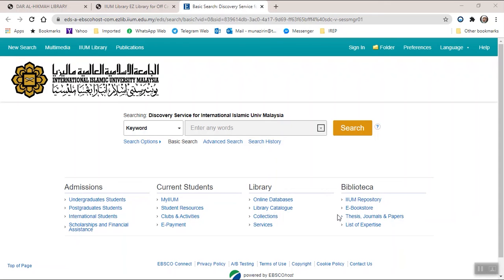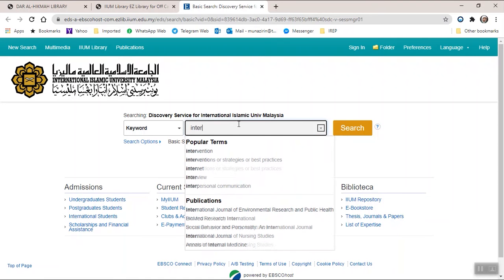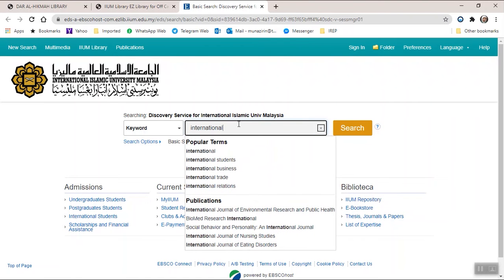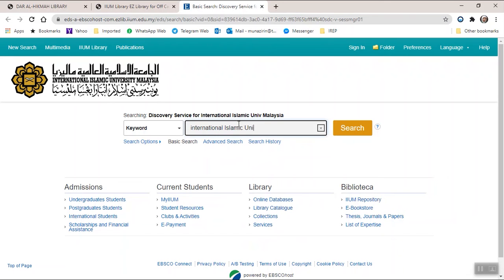Remember in the beginning, if you are searching for any official name, you cannot enter the open keyword like this. Okay, but you need to make it as a phrase search. For example, you are looking for any materials related to International Islamic University Malaysia. Right? So, International Islamic University. If you just enter keyword like this, you click search,